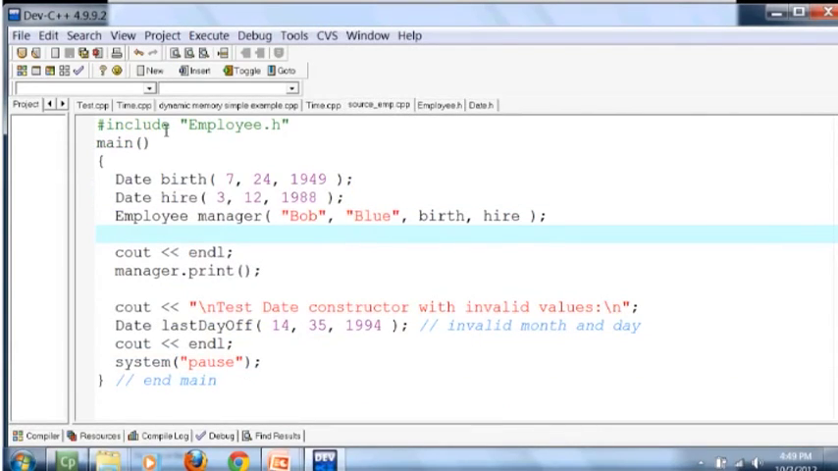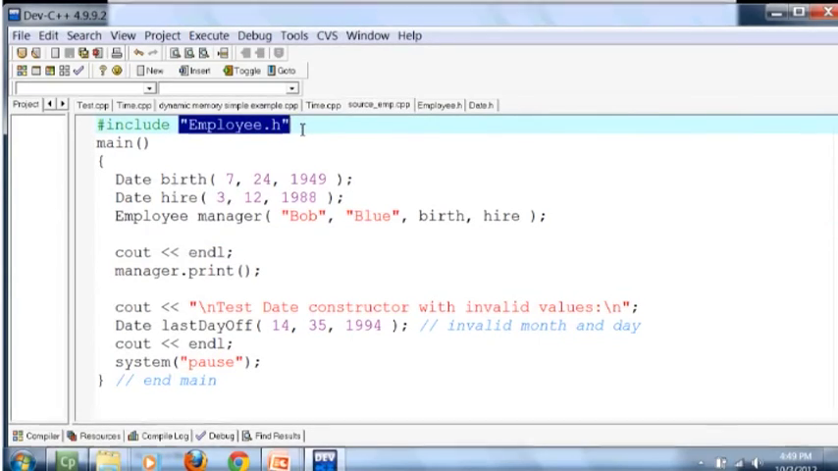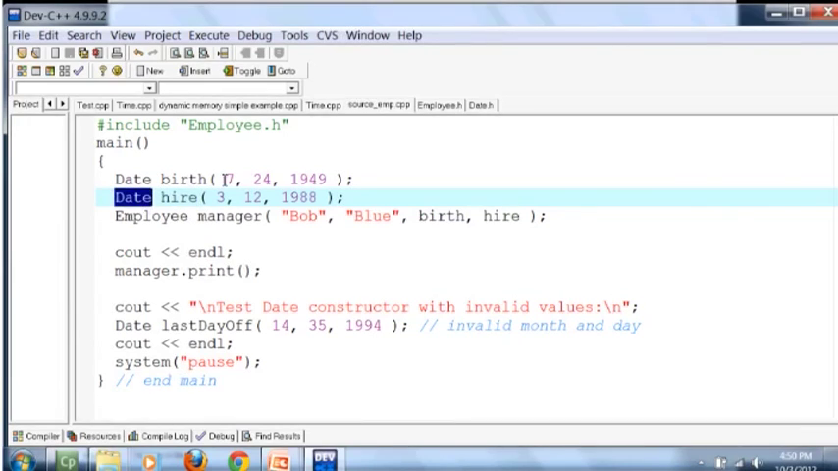So in the source_emp.cpp file, we include the employee.h file. When we include employee.h, this means that we also include date.h, because in employee.h we had included date.h, and we also include iostream and string and using namespace std, because we had included these three things in date.h, right? Then we create two objects, birth and hire, whose type is date. We initialize them with some value,